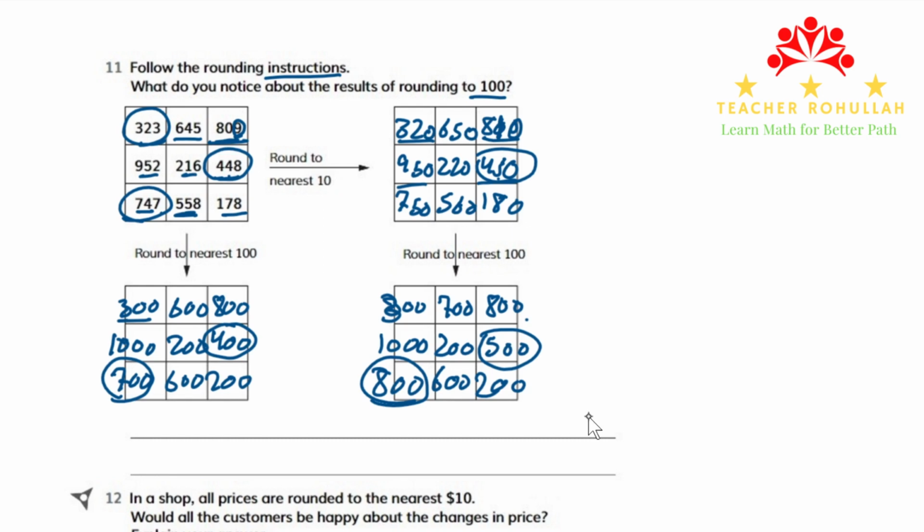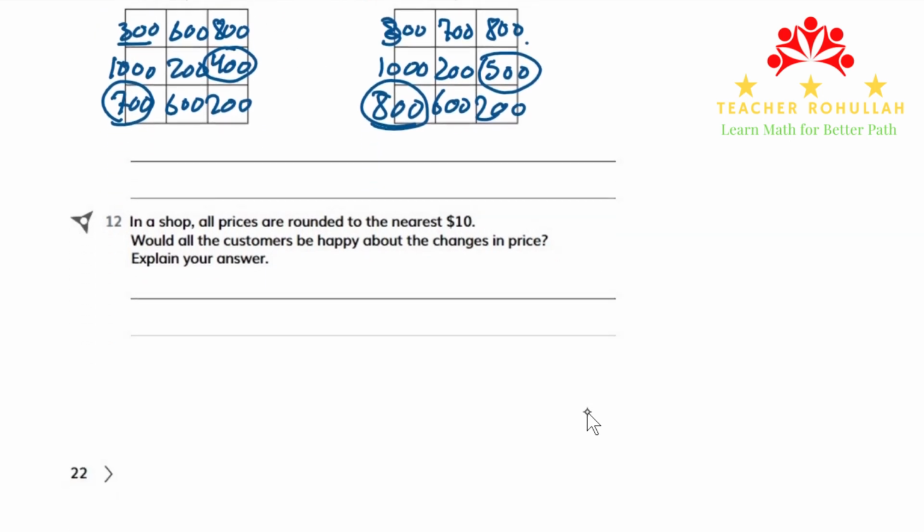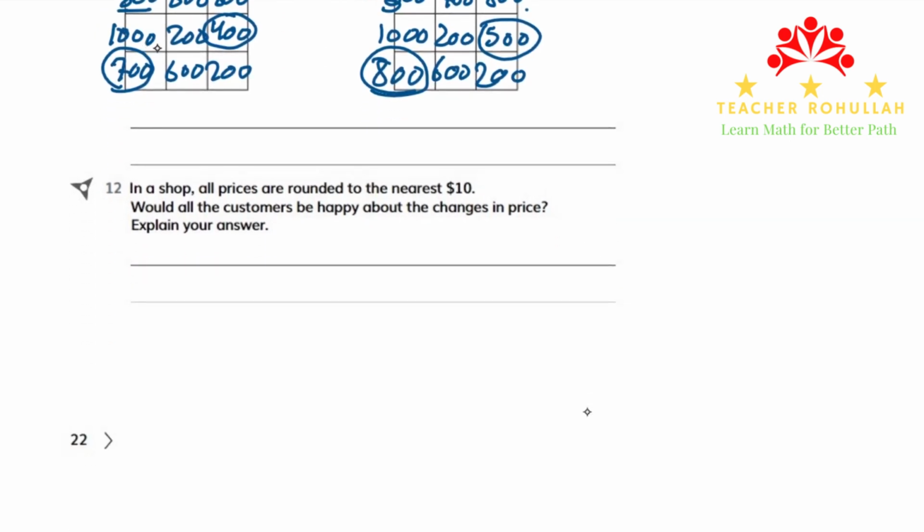Let's now move down to question number 12. In question number 12, it says, in a shop, all prices are rounded to the nearest $10. Would all the customers be happy about the changes in price? Explain your answer. I will say no. They will not be happy. The reason why they will not be happy is because the numbers which are less than 10, when they